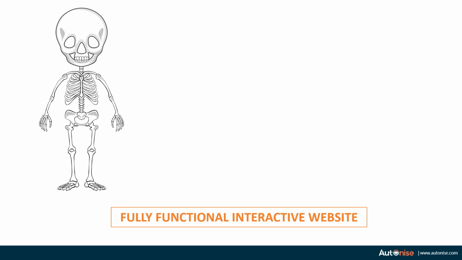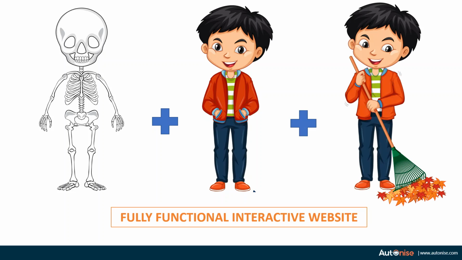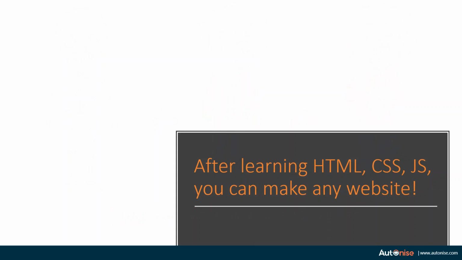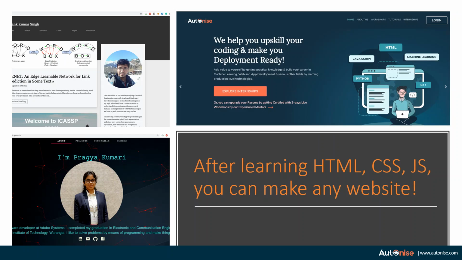So, to create a fully functional interactive website, you need the skeleton or the structure, which is the HTML. You need the CSS to add design and responsiveness. And you need to add JavaScript to add the logic to your website. When you have all of this, you have a fully functional interactive website. After you learn HTML, CSS, and JS, you can make any kind of website. So you will be able to create all kinds of website after you are done with HTML,